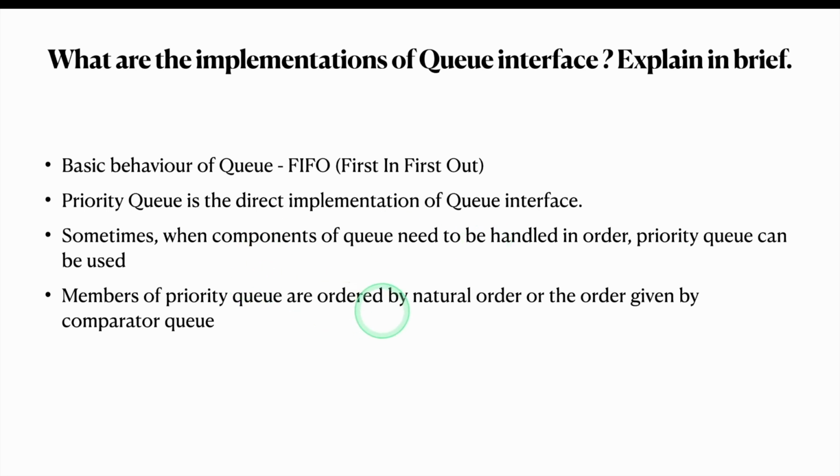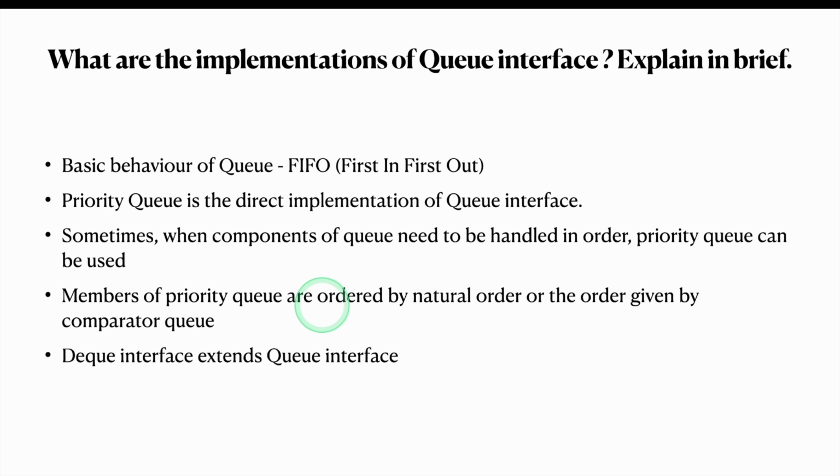Members of priority queue are ordered by natural order or the order given by the comparator queue. So you guys might be familiar with min heap and max heap. Priority queue is the implementation of min heap and max heap in Java. Also, priority queue has a default implementation of min heap. If you want to use it as max heap, you need to pass a comparator object to the priority queue's